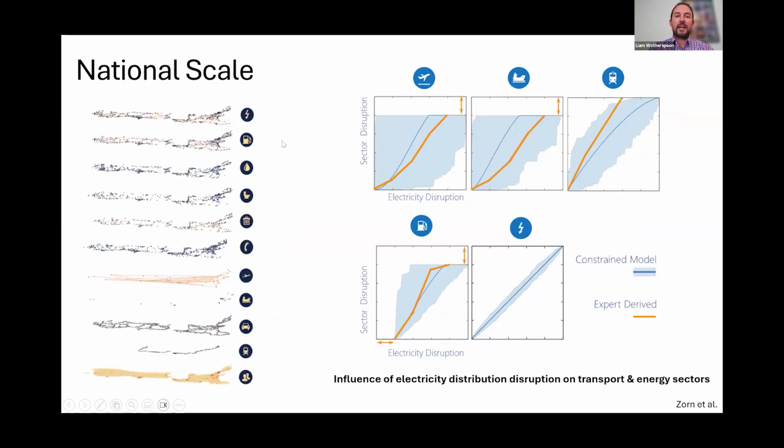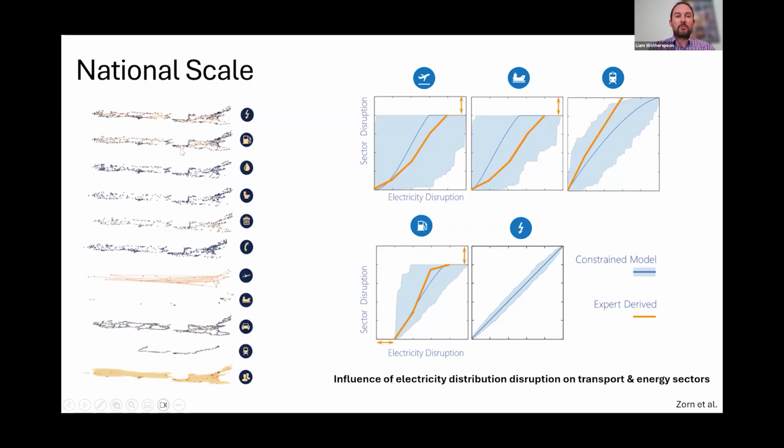Going back to the national scale, a key piece that we've explored at this scale is to look at not just the direct disruptions, but also the indirect. So there is a national interdependent model, covering all these different infrastructure models and the dependencies between each of those networks. If you have an outage in one network, it propagates through that network and then into other networks where there are dependencies. This allows us to capture direct and indirect effects and understand the scale of each. And perhaps not surprisingly, the indirect implications are often broader than the direct